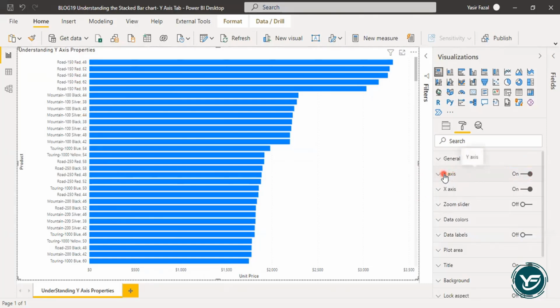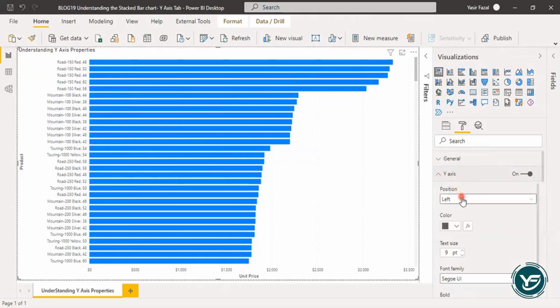So let's see how we can do that. First property is the position property, and it will show two values, left and right. So what does that mean? If you would like to showcase your values on the left side, the default position is left.